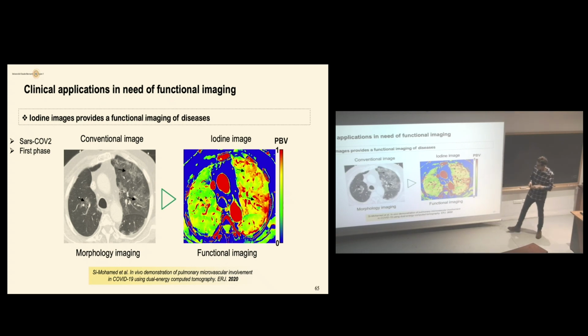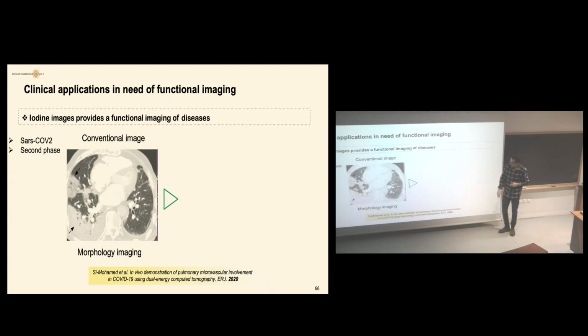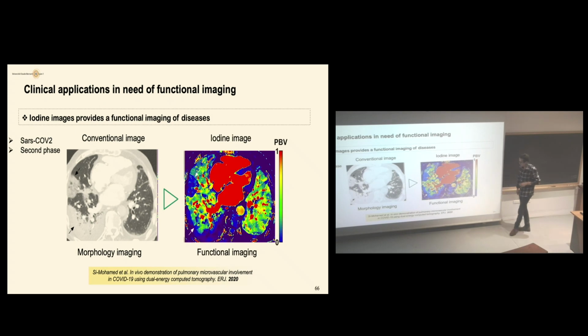And this is important because without this combination between morphology and function, which was only provided by spectral imaging, you could not think about changing the oxygenation therapy or using corticosteroids in order to treat inflammation. But I will skip. What is also really important is the complete change in the